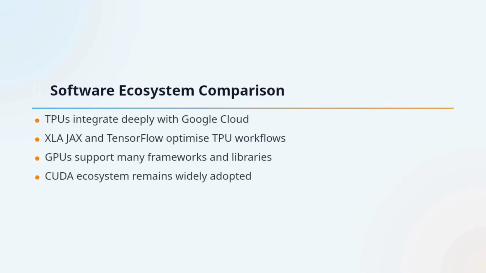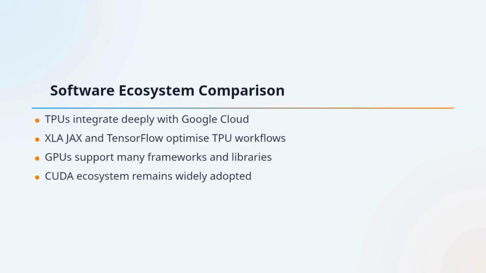Software support often decides hardware choice more than raw specifications. TPUs are tightly integrated with Google Cloud and work best with TensorFlow, JAX, and XLA-based optimization. They also benefit from distributed training tools like the Pathways runtime. GPUs, meanwhile, support a very broad ecosystem including PyTorch, TensorFlow, JAX, cuDNN, TensorRT, and RAPIDS, which makes them easier to